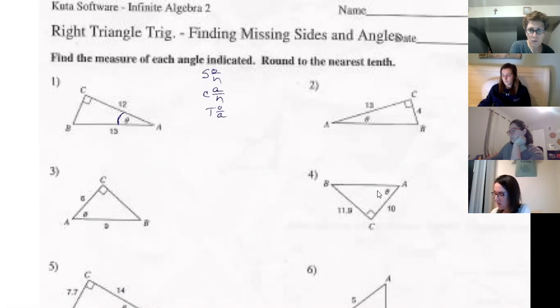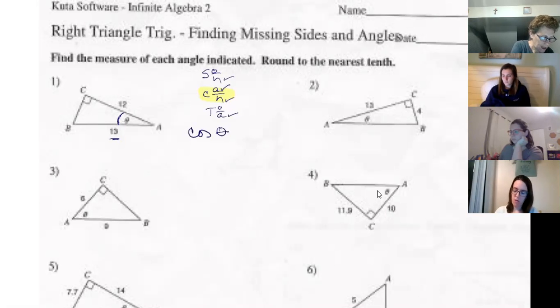So from that angle's perspective, I have the adjacent, which is 13. Okay, so that's adjacent, that's adjacent. Then I have the hypotenuse, which is 12. Hypotenuse, hypotenuse. Which one is the winner? The one that has 2 check marks is what I'm going to use. Okay, so from that angle's perspective, the cosine of theta equals adjacent, and I take that back, equals